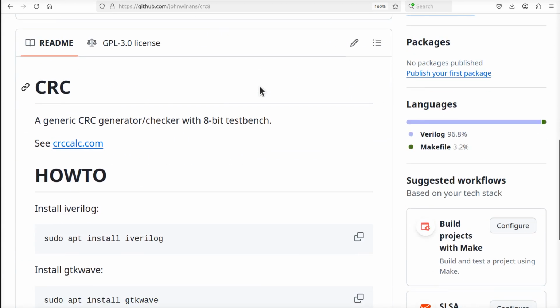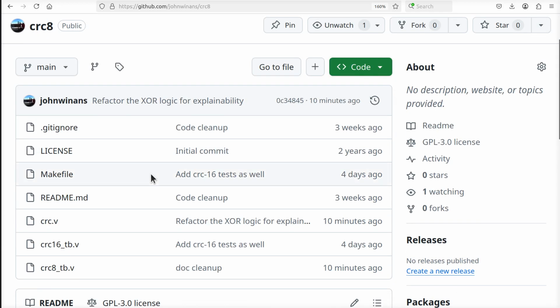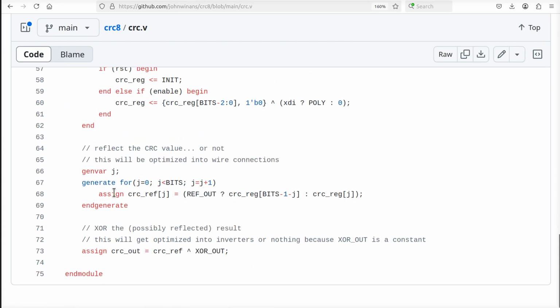Hey, John here. I was just playing around with this CRC generator module that I've been dabbling with. And I want to talk about this for two reasons. One, it's a useful CRC generator. And the other one is I wanted to talk about this generate statement down here and how this thing works